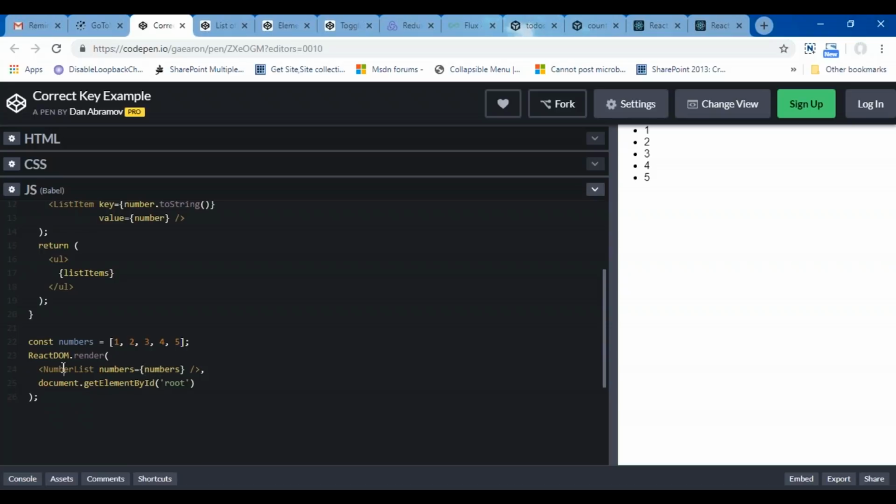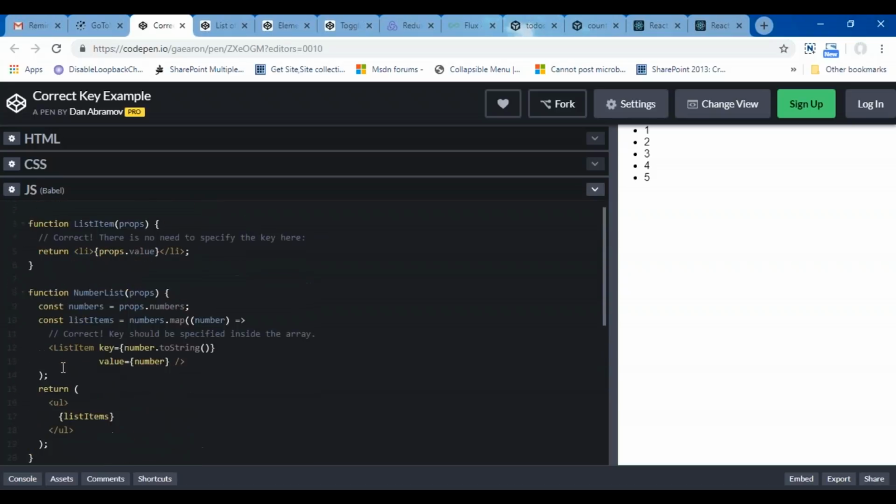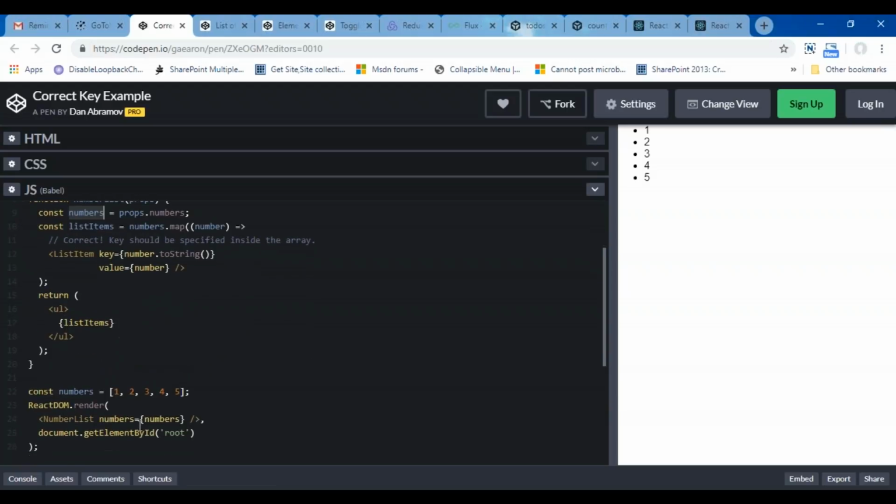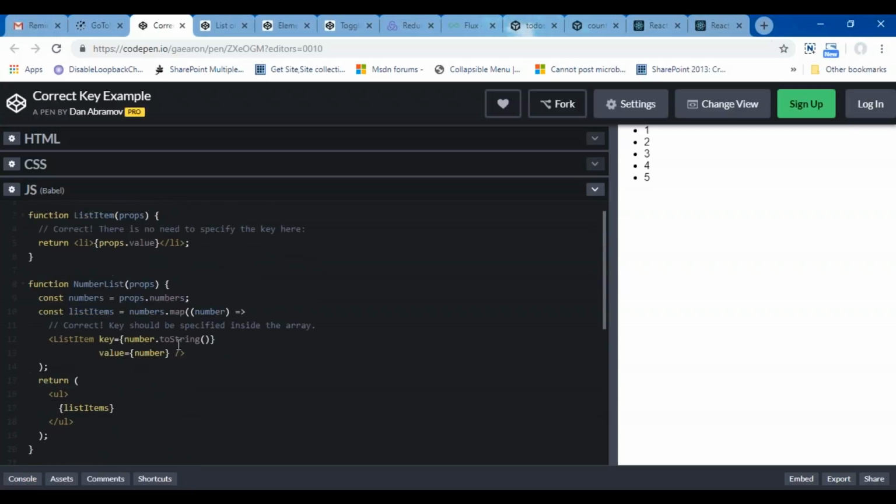Now let's talk about this NumberList component. This is a function based component, function NumberList. As you can see over here, I don't need any state, and I don't need any constructor. That's why there is no event getting bound, no constructor, and no super keyword used. In the function component NumberList, props is passed. So numbers is props.numbers, because this numbers will be taken from the props.